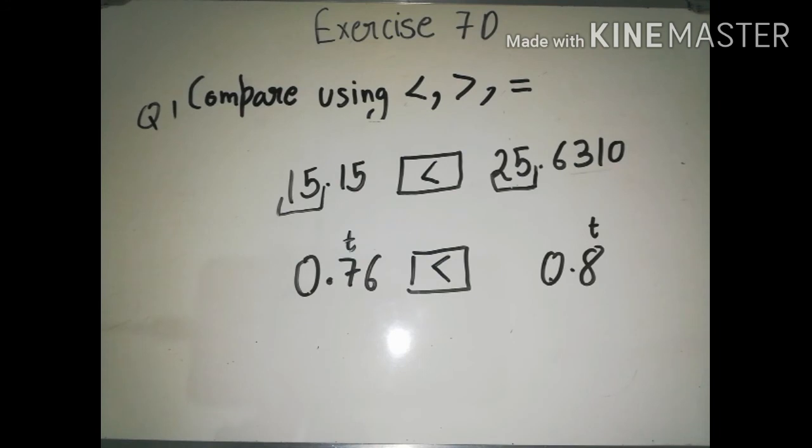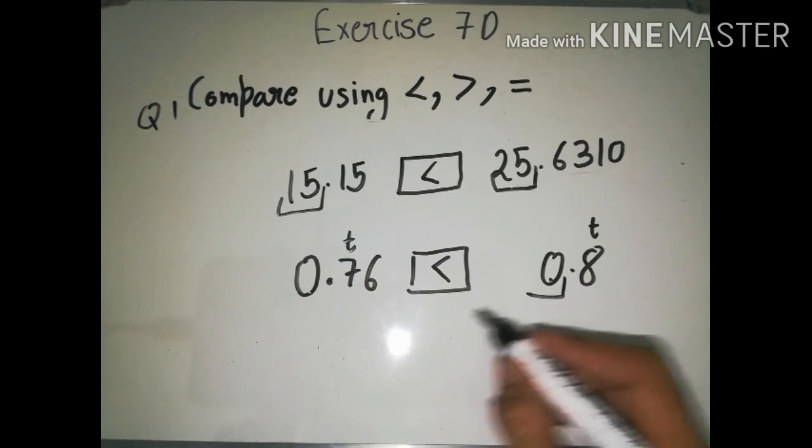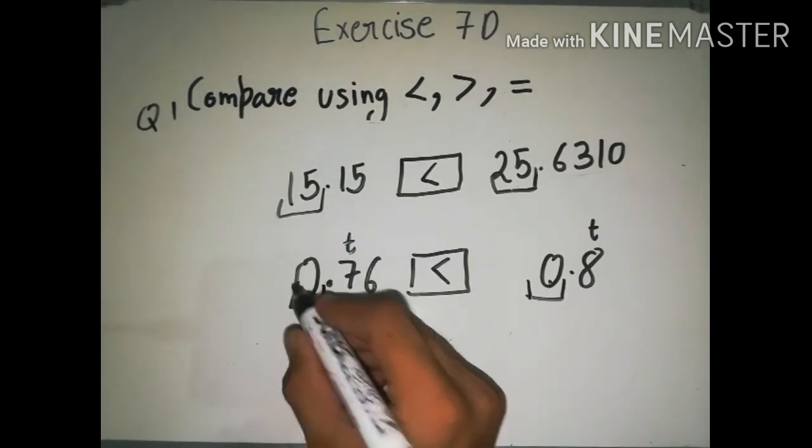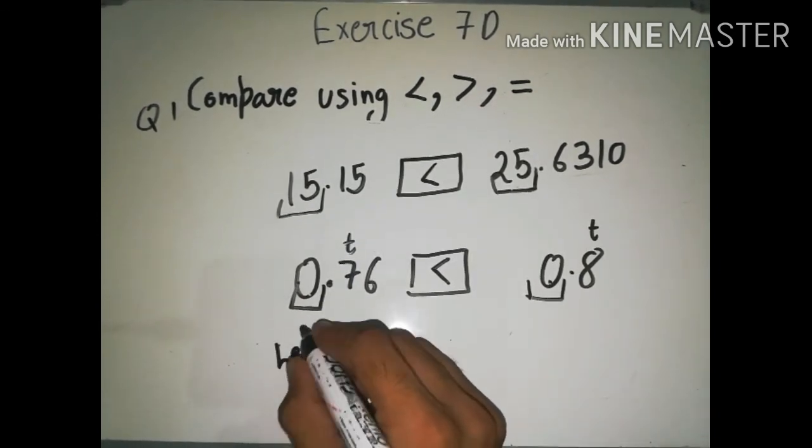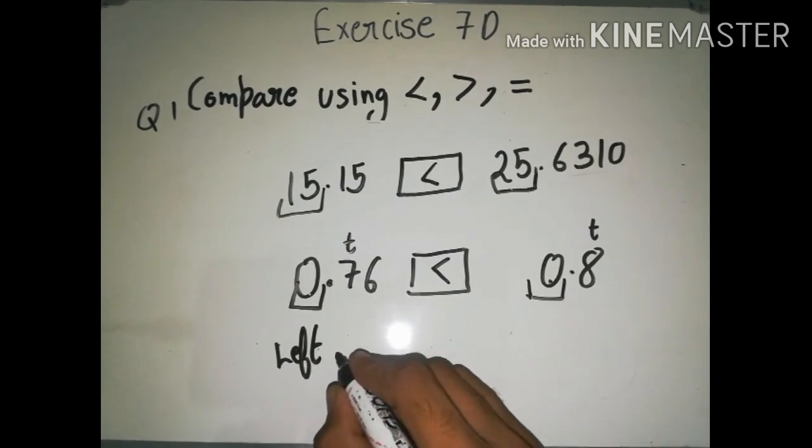आपने क्या चेक करना है? आपने प्लेसेस चेक करने हैं, ना कि आपने number of digits count करने हैं। ठीक है, डेसिमल्स को कैसे कंपेयर करते हैं? By checking the digit on the places. First we will check the whole number part, both are same. होल नंबर पार्ट कहाँ पे होता है? लेफ्ट साइड में ऑफ द डेसिमल पॉइंट।